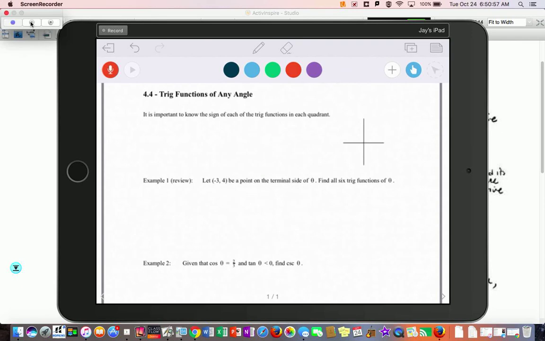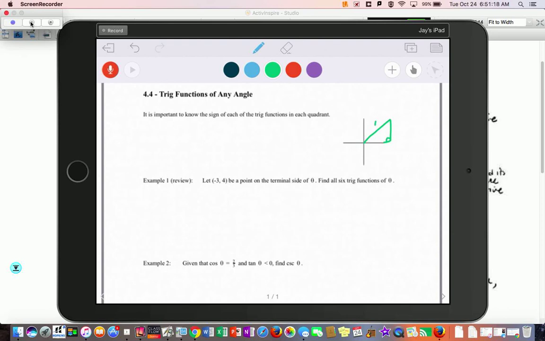Okay, so 4-4, we're looking at trig functions, different angles. One of the things that we do is make sure we know where things are positive or negative. So if we take this xy axis and I draw a quick triangle in the first quadrant,